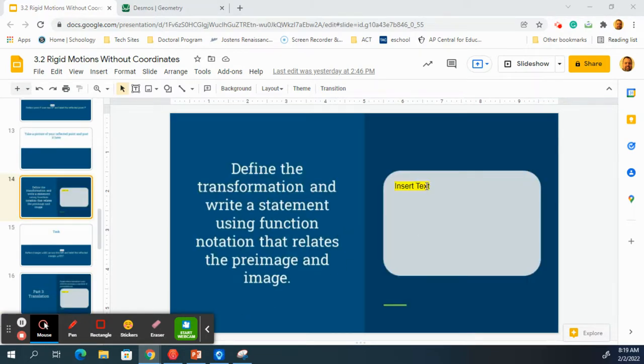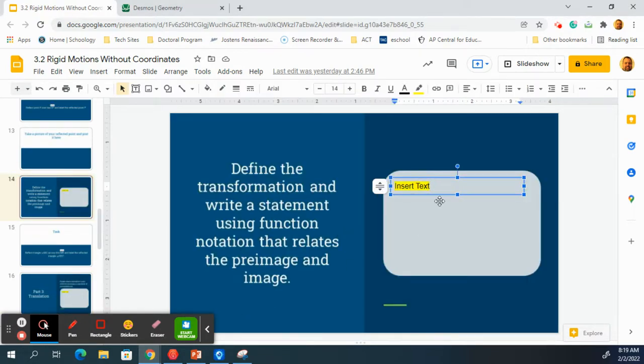Now, remember, when we do a transformation, what do we call that transformation when we're writing it in function notation? I'm writing it out in a mathematical statement to tell somebody exactly what I did. So what did we do yesterday when we were writing that function notation? What do we call a transformation? T. So I transformed,